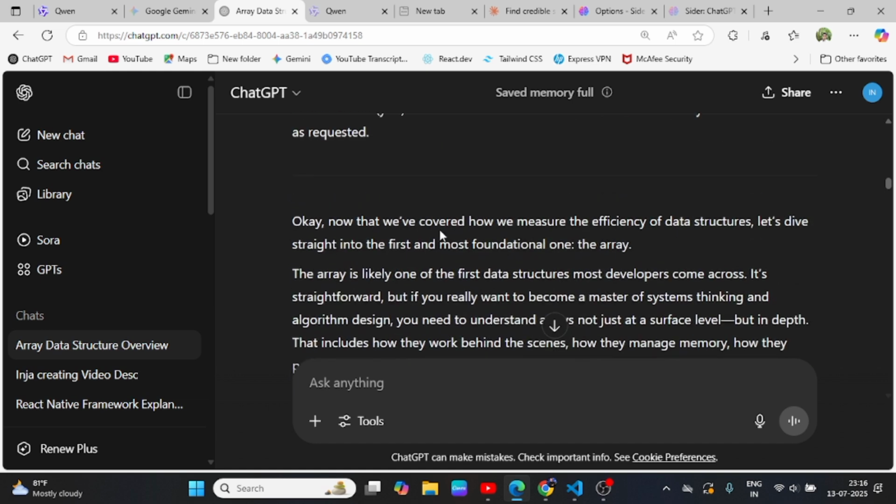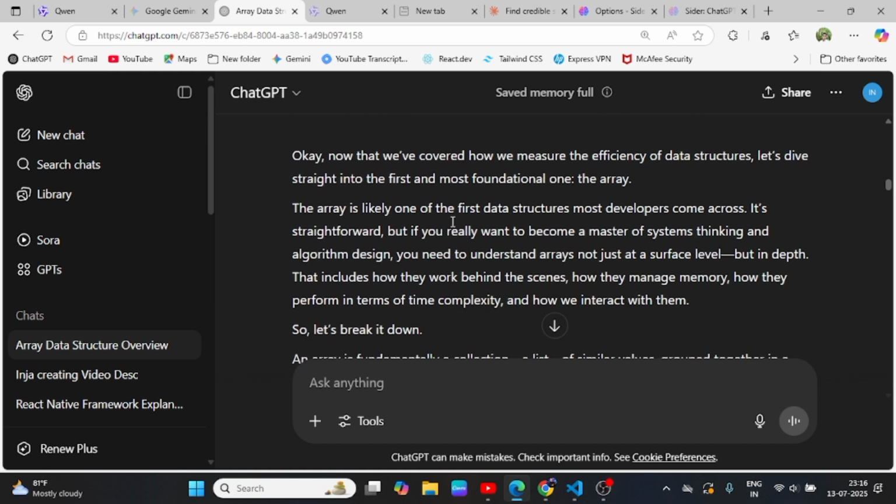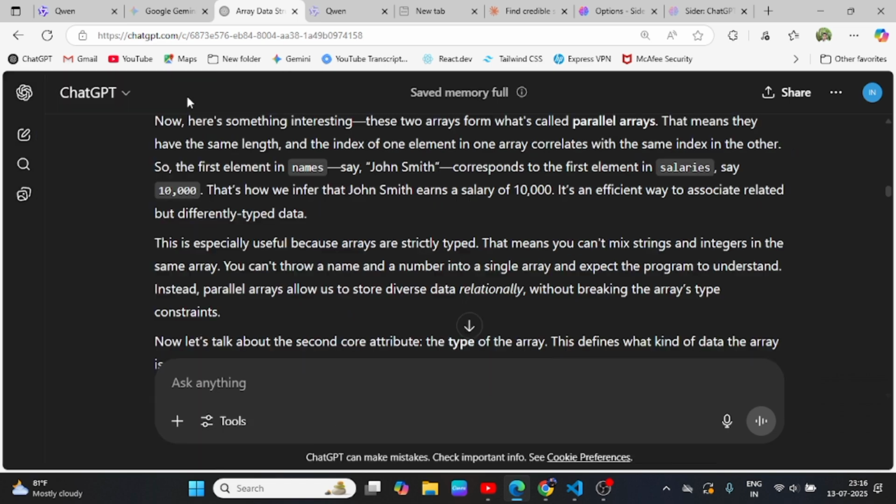And there is ChatGPT. So let's read out what ChatGPT says. Okay,